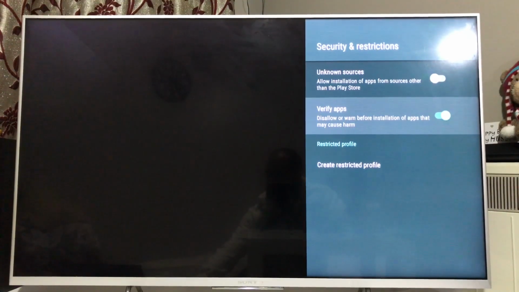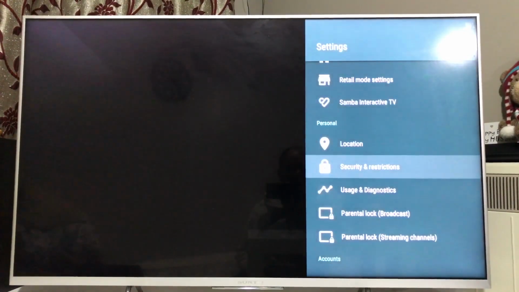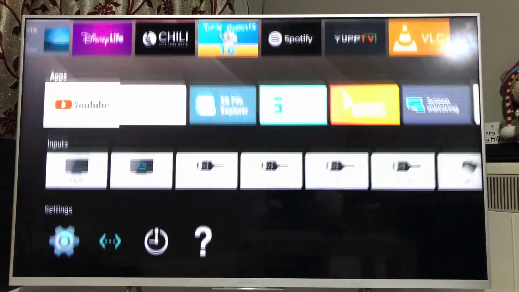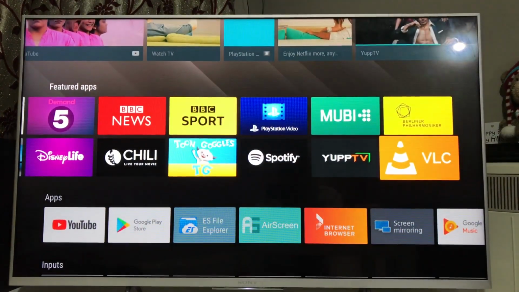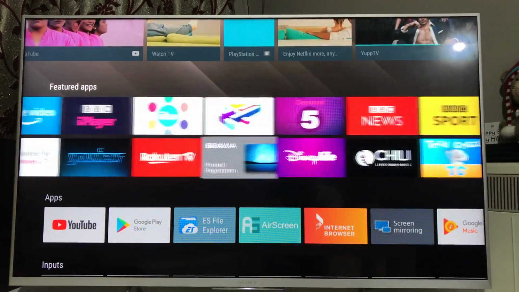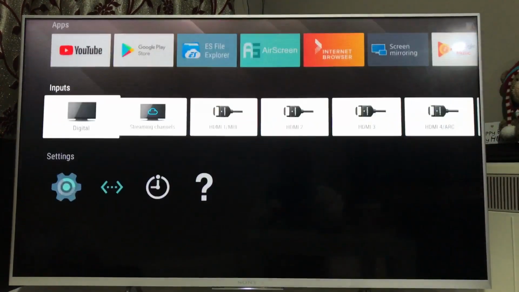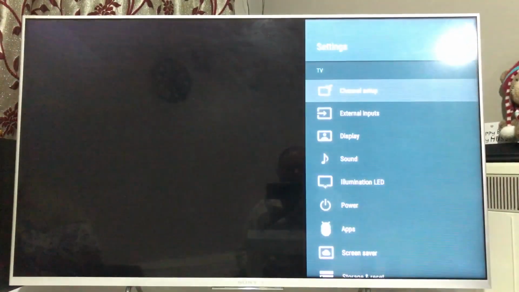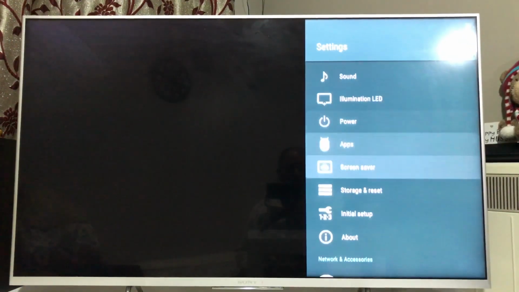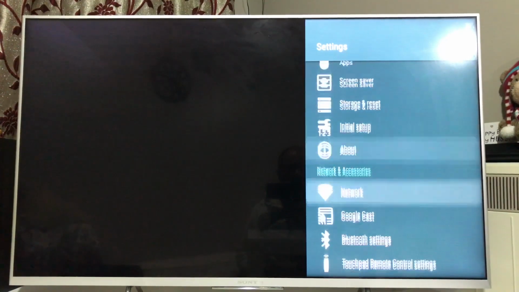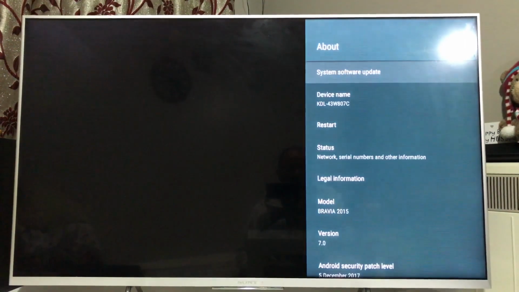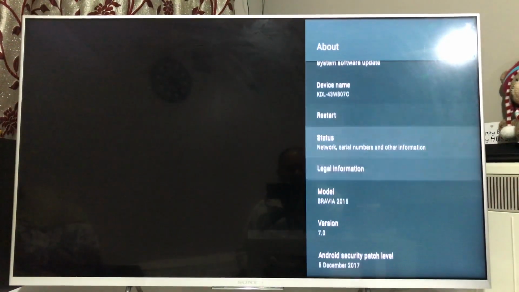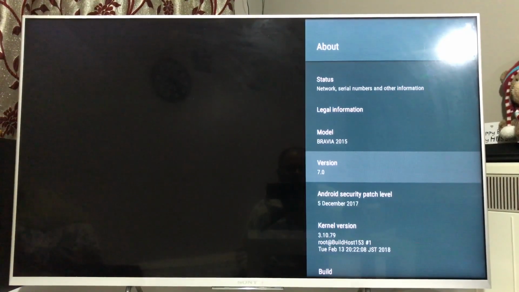And here I would say, before you download or install any apps on your television, make sure that you read about the version of the app and what app you're installing, and check with the hardware compatibility of your TV. So to check what TV hardware it is and what version of software it is, you can go into settings and then about,